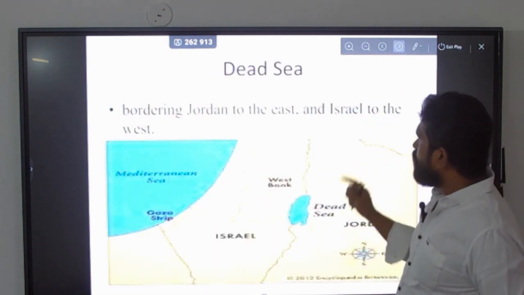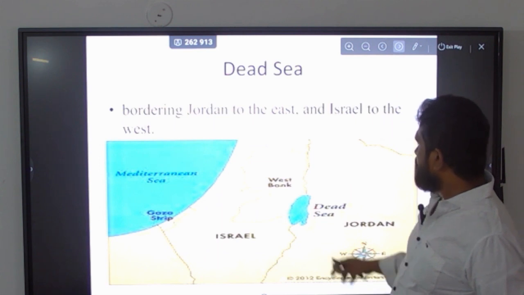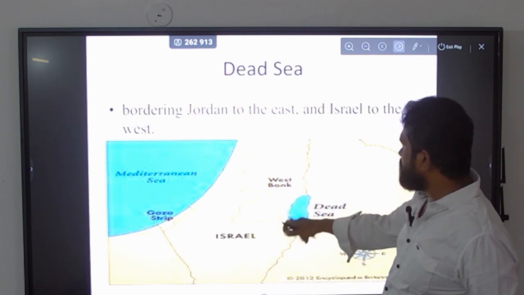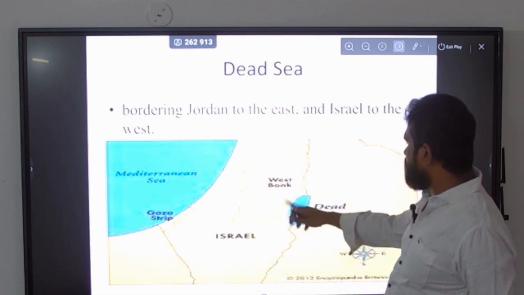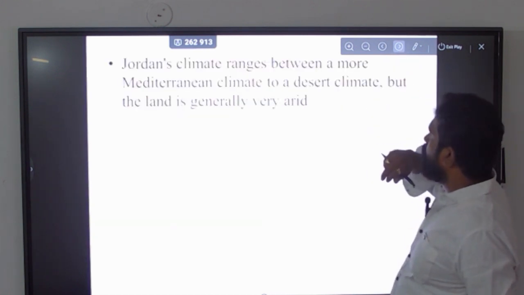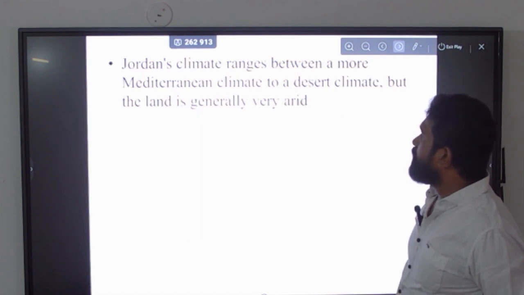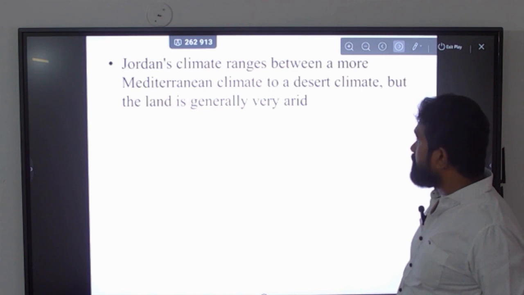In Jordan you have a sea that is called the Dead Sea, and this Dead Sea has a border with Jordan as well as Israel. The West Bank is on the Israel side, but it has a border with Israel as well as Jordan. So if you see Jordan's climate, it lies between the Mediterranean climate and the desert climate. So there is a